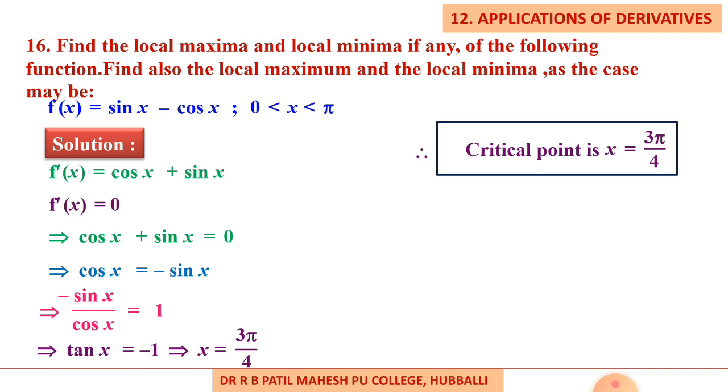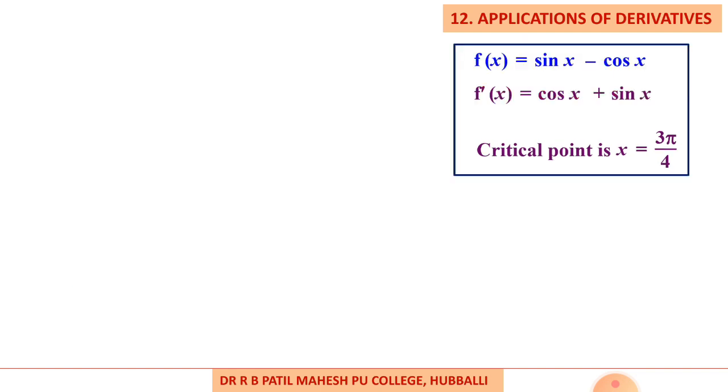So students, this x value we can calculate by using the allied angle method, that is pi minus pi by 4. So pi minus pi by 4 means it lies in the second quadrant. In the second quadrant the tan function is negative, and pi minus pi by 4 means we get minus of tan pi by 4. So by using that allied angle method we get x equal to 3 pi by 4.